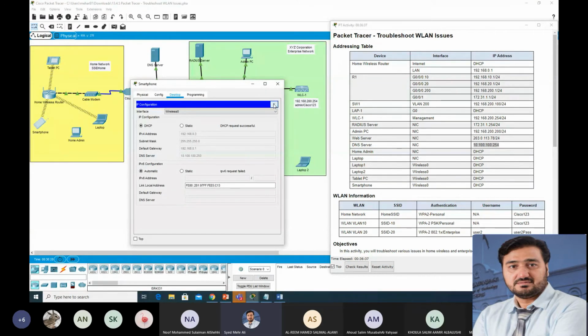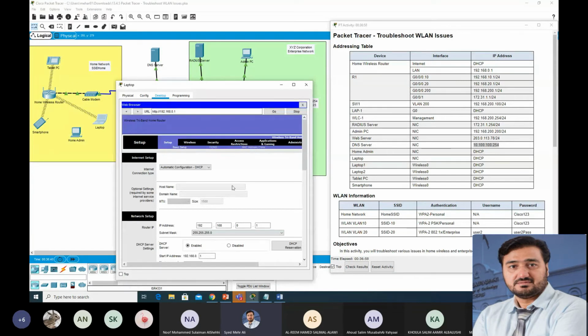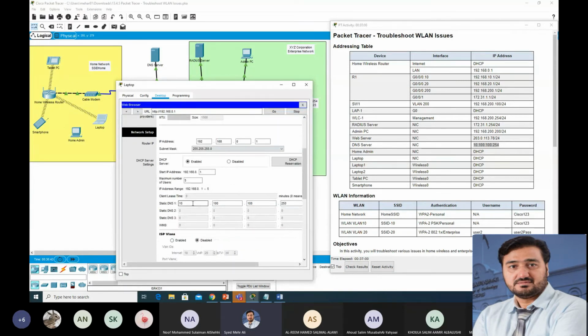How can you make the correction here? Because all these devices are getting the IP from this home wireless router, we need to change the DNS server IP address. Click here and go to static DNS.